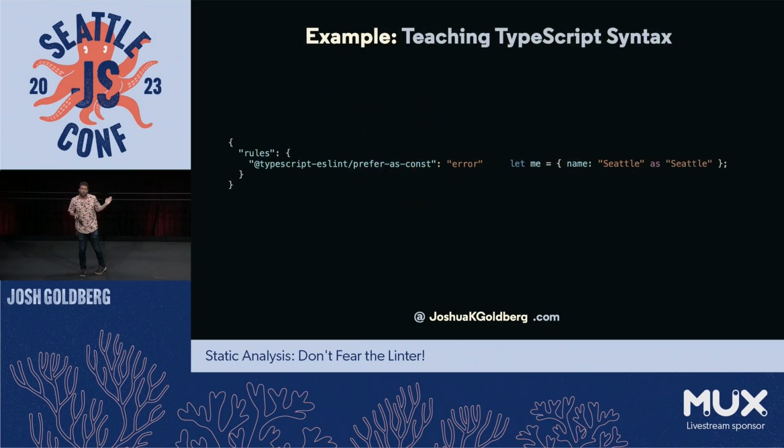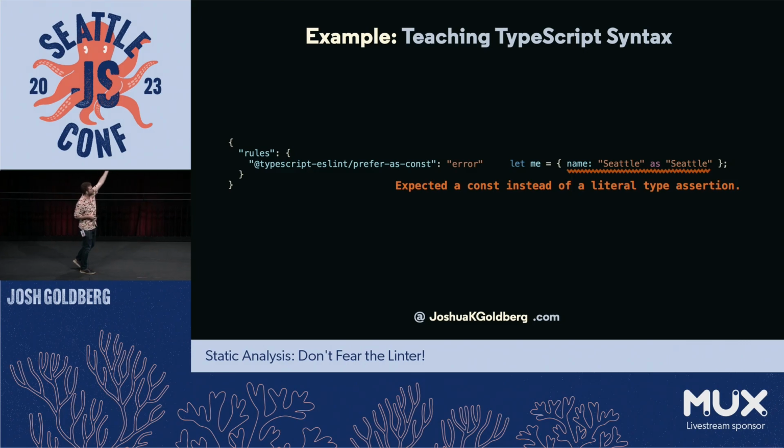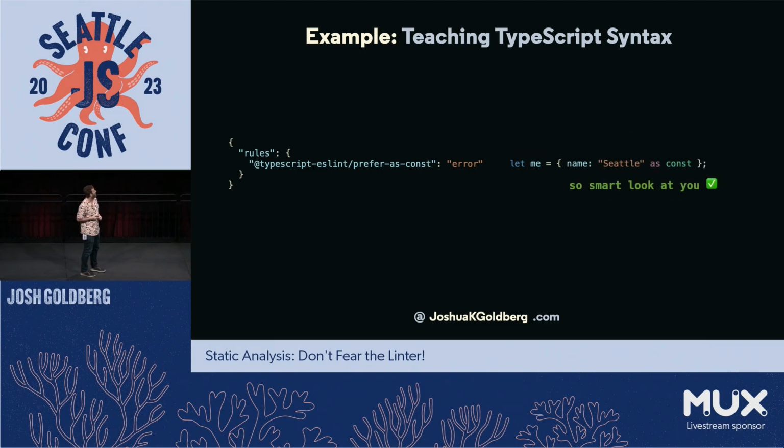And it's just as an example of a TypeScript ESLint rule that's awesome. There's a TypeScript type assertion feature you can do that tells TypeScript, don't infer this as, say, a string, infer it as something more specific. And one of our rules will let you know, hey, you silly goose, you can just shorthand that to as const. Really nice, and it'll autofix for you, which is pretty sweet. But this is just a syntax rule.